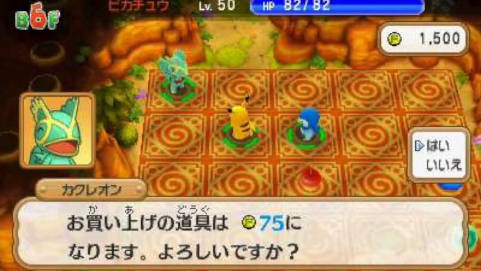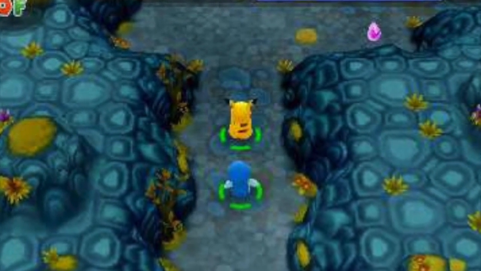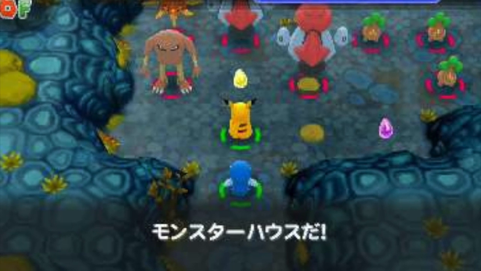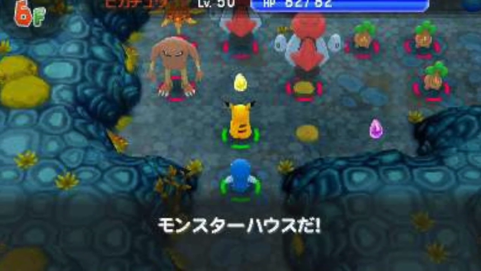We also get to see Pikachu and Pelipper approaching a dungeon room, and you can just see a few items, and then boom, monster houses. We know they're back, but it's always a bit scary to see them. So those items on the floor, by the way, are Lapis. I actually mentioned them in my previous video, but I'll mention them in this video as well in case you